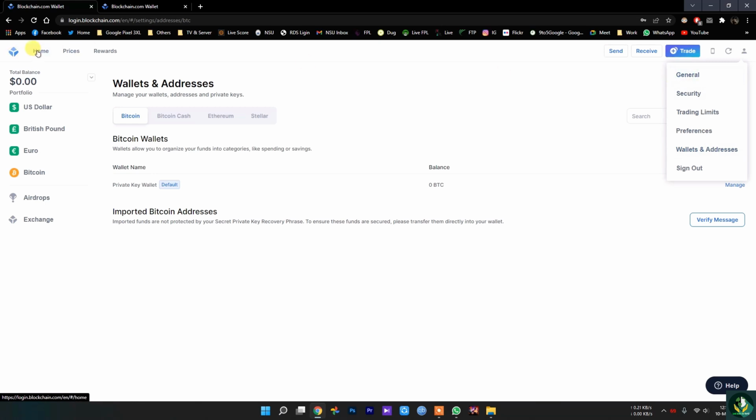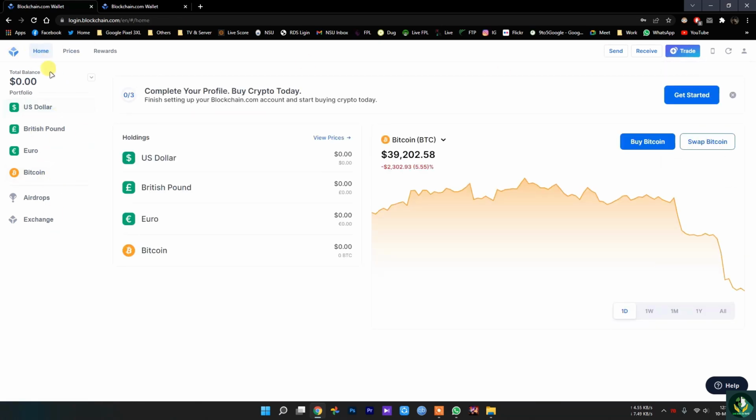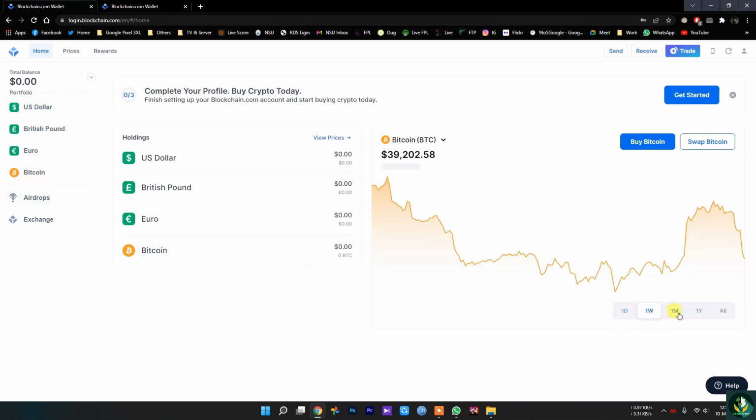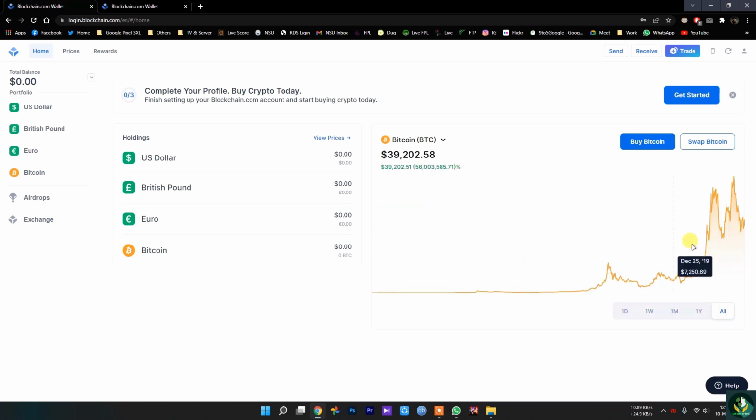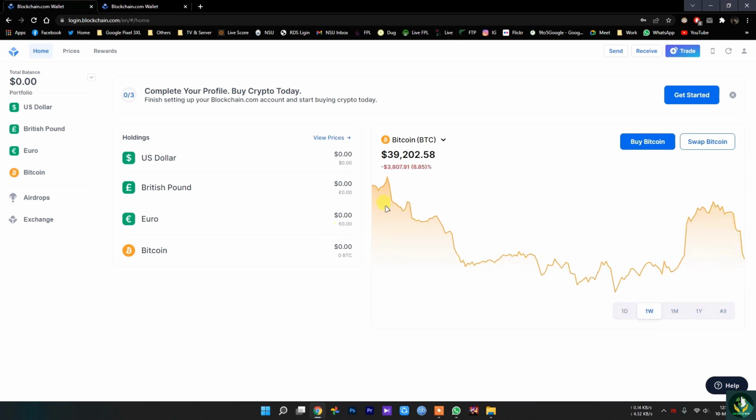So let's go to the home page. As you can see in the left bar, it's very simple. It's just a portfolio of your currency, and you can even see the latest Bitcoin transactions in here. As you can see, lots of transactions in the recent one week.